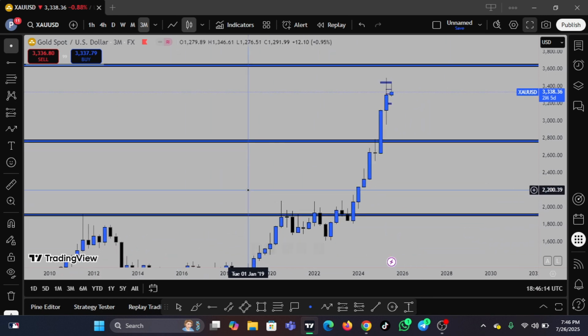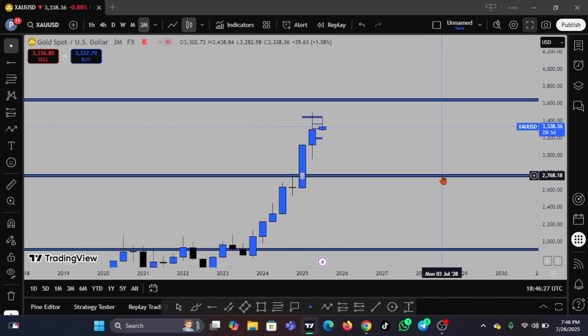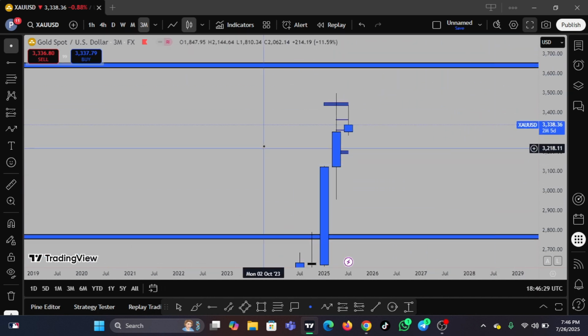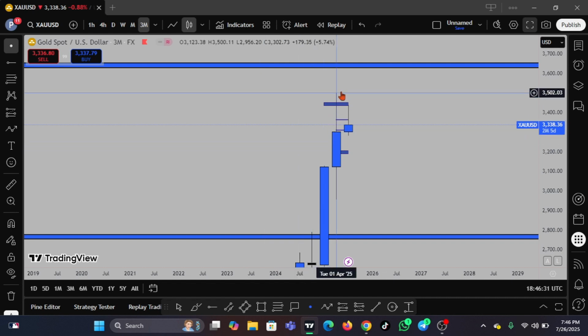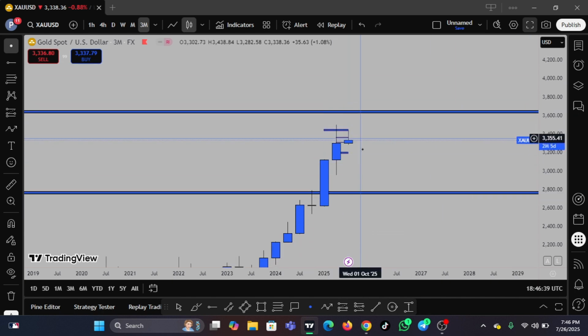Gold has been very strong. It has been very, very bullish. Of course, I'm expecting gold's next target to be 3,630 or 3,650 thereabout. But this trend is really pushing upward, and we are seeing weak rejection. The previous 3-month candlestick rejected heavily from here, and here the first month we rejected heavily from here. Can we still have a further push on gold? Can we still push down before we rise again?